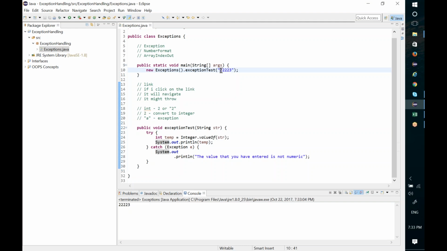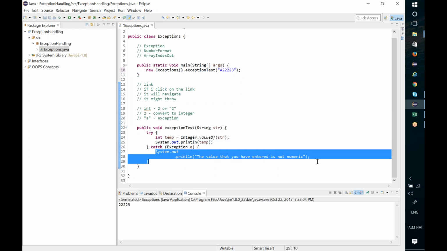If you're not passing this number, it will throw an exception here. It will not go to this line. Instead, it will go to the catch block and print this value, like: the value that you have entered is not numeric, go and correct it. For example, if you enter an email on a form, it will tell you that